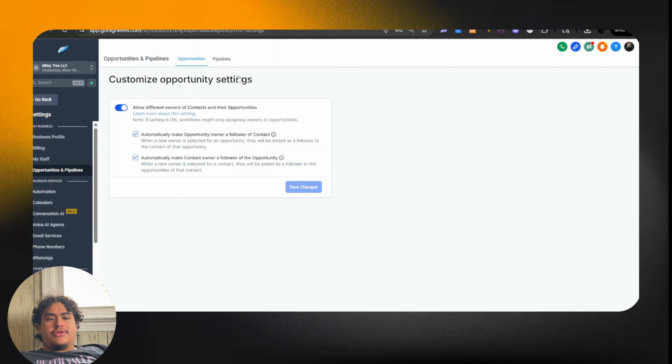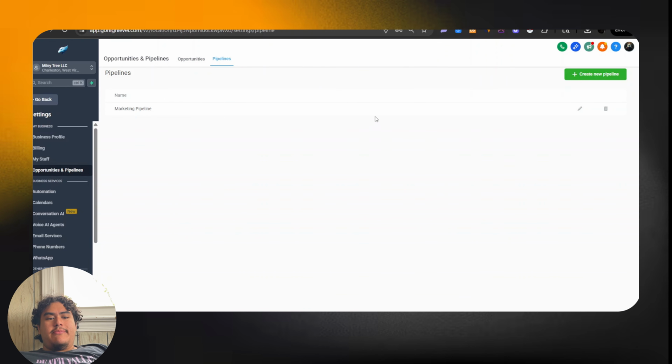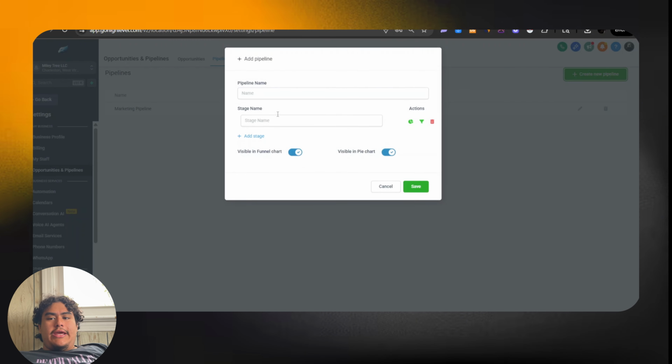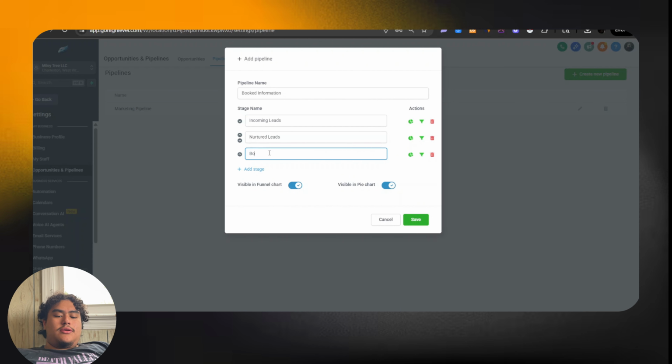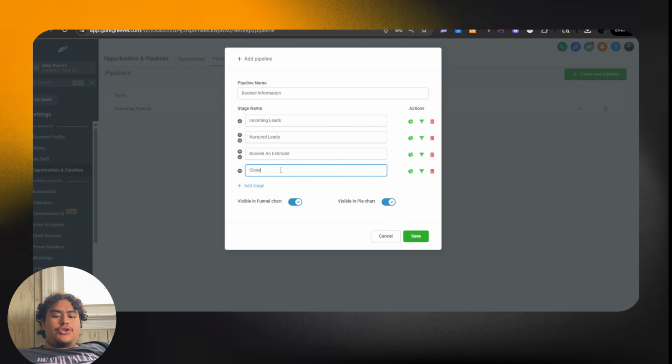Of course, the opportunities and pipeline tracking. You can go ahead and make something like booked lead. So I can do something like this. So we can just name booked information. And you can start the stage name as incoming lead, nurture leads, and then booked an estimate, and we can add closed job,